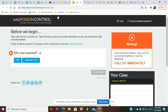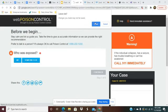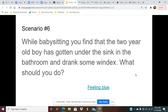But if you Google just poison control, there's the phone number right there. They're open 24 hours a day. If you do not have the poison control number or you forget to look it up, 911 can also assist you. We also want to make sure